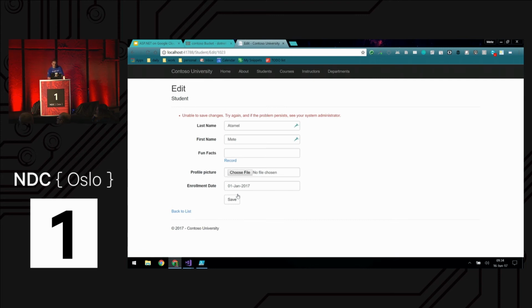See, now it says, am I able to save changes? Because I sent the image to Vision API, and Vision API detected that it's not safe, and then it didn't let me upload it, basically. So that's cool. And then the last thing I want to do is the